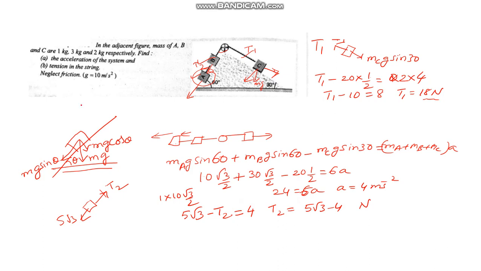So this is the approach you should adopt. And here note down that there is no friction. If friction is there, the total situation will change. When we talk about the friction chapter, we will discuss that. Here we are assuming that this surface is very smooth, so there is no friction at all between block A and the surface and block B and the surface. And this pulley also we are assuming that it is massless, and the strings are inextensible. All these are basic assumptions we apply when we do these types of problems.